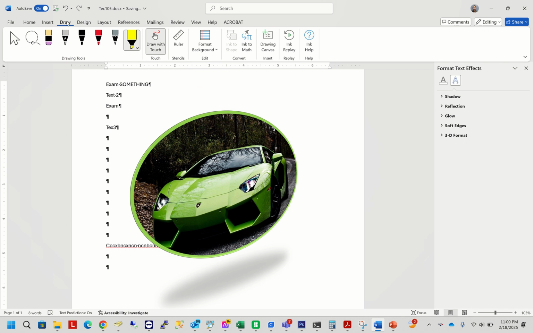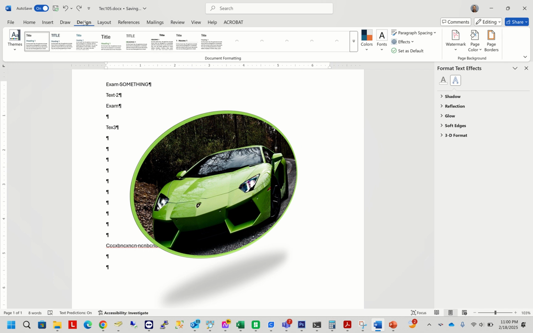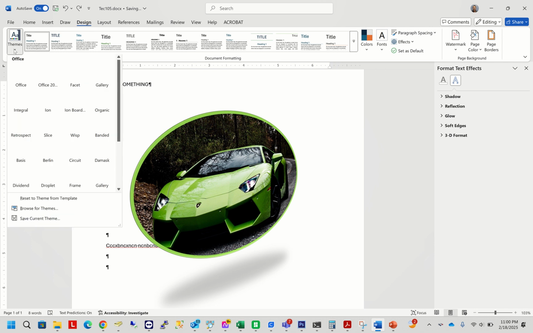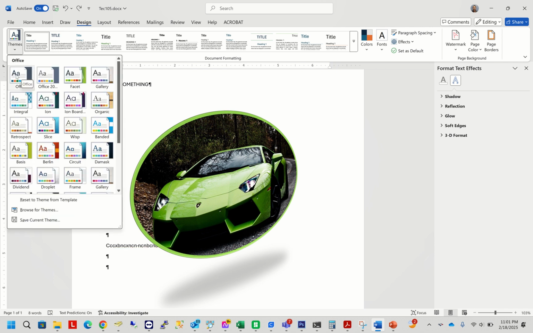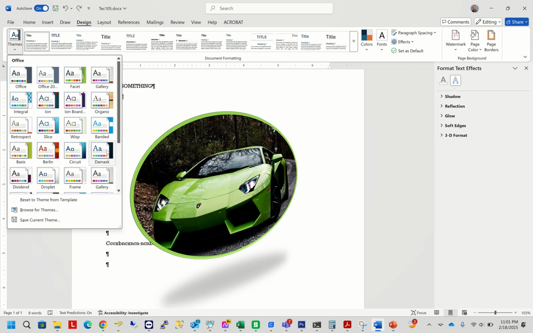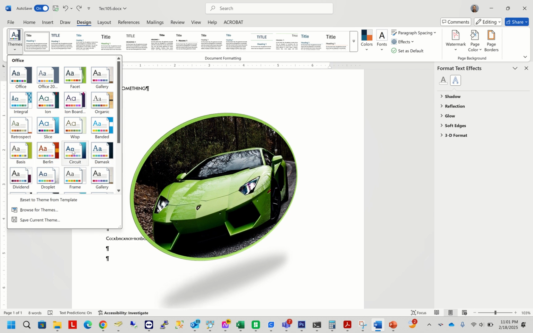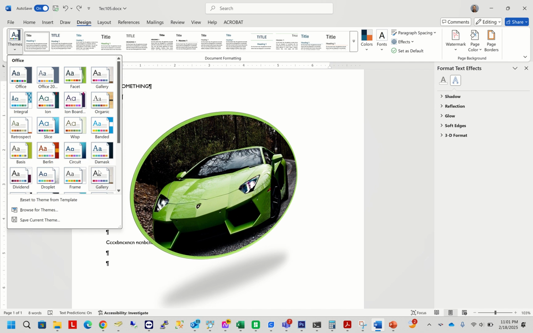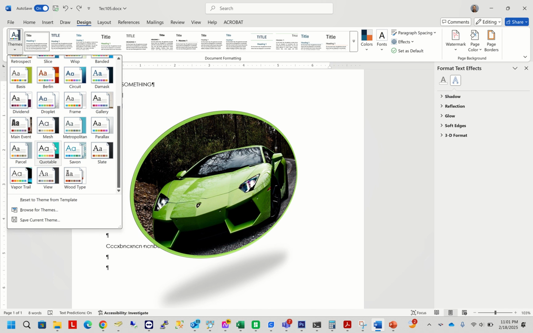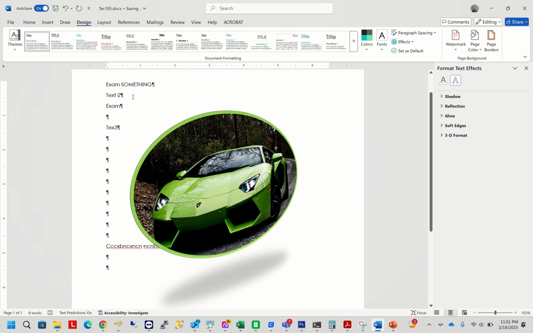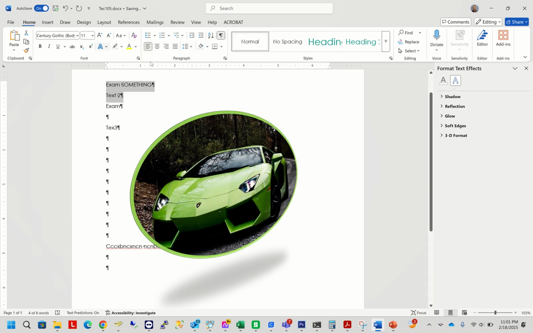So that option may not show up if you don't have a touchscreen laptop. We have Design here. We actually have predefined themes inside of Office. Right now we're using an Office theme, but we can change our theme, and it's going to automatically change the theme fonts and theme colors, because that way Word says, I believe that this color scheme works best together. The coolest part about this here is if I stylize these options,